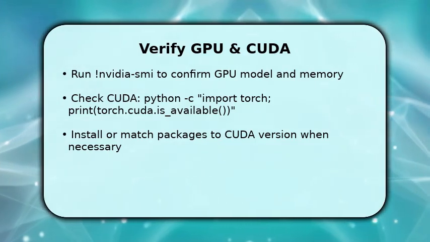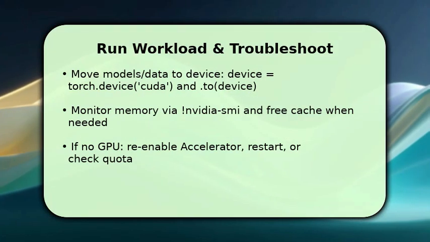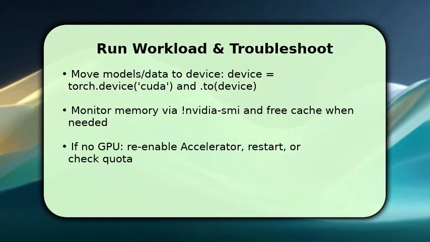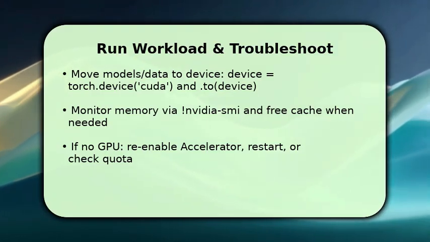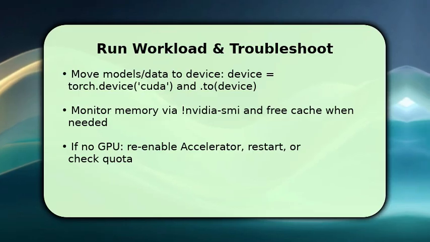Execute your training or inference with models and data explicitly moved to the GPU using device calls, for example, model.to(device) and tensor.to(device). Monitor GPU memory with nvidia-smi and clear caches or reduce batch size if